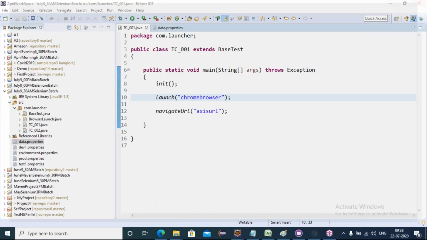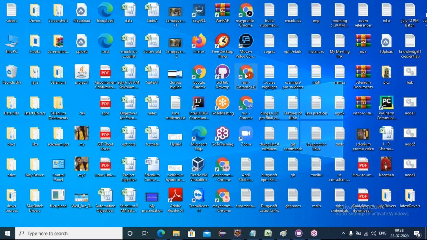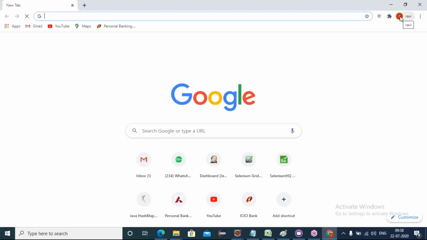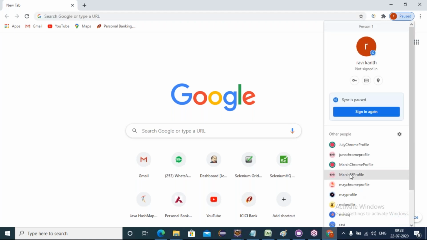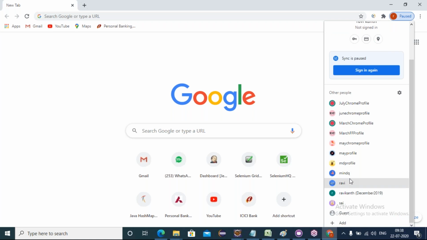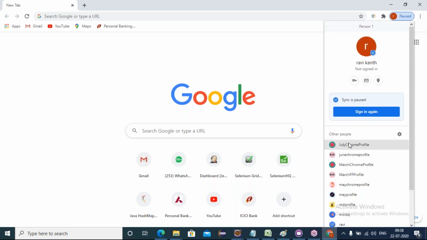In Chrome, creating a profile means creating a user. If I click on this user Ravi, we can find a number of users I created for other batches.